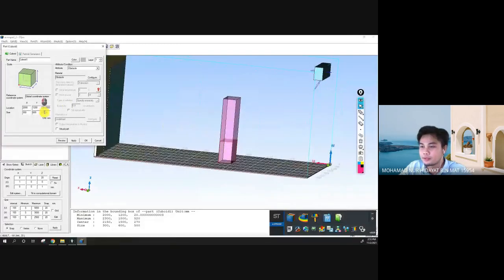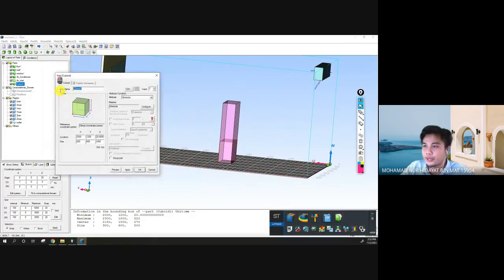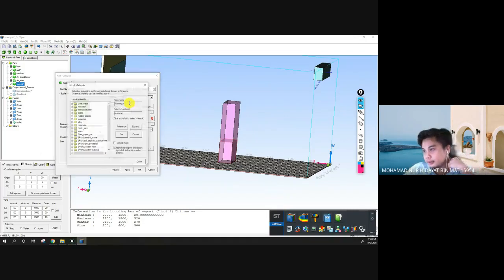Before you click apply, you can name this as the human, or mannequin. After that, you need to assign the attribute to be solid. So when you assign the human being to be the solid,